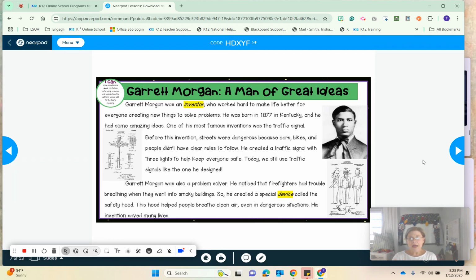So if we look right here next to this paragraph, this is Mr. Morgan's sketches, his drawings for the safety hood. It does not look like it is something natural, something that is like grown from the ground. Kind of looks like a machine, like a robot. So what would be a device? So based off the clues from the passage and our image, a device is probably a machine that you use to, I'm not going to say solve problems, but use to,